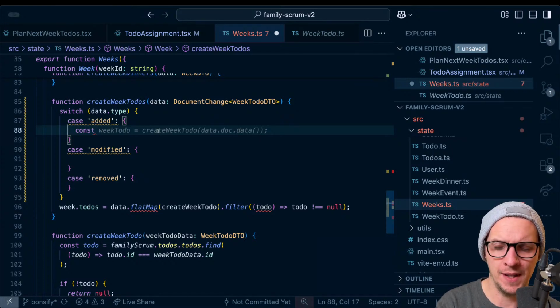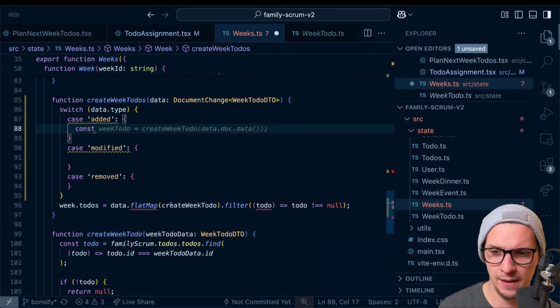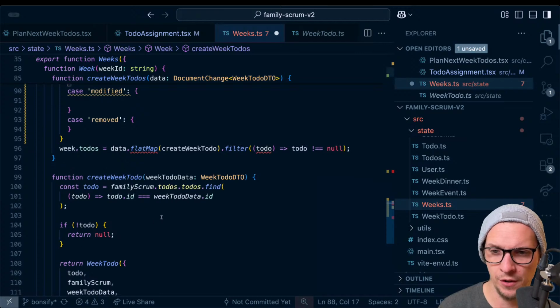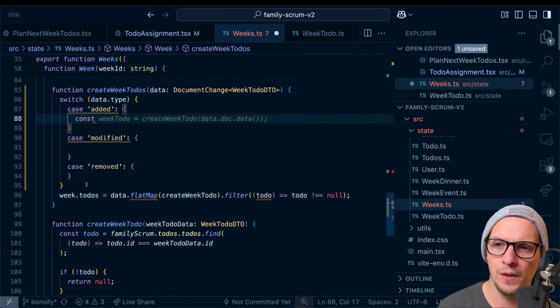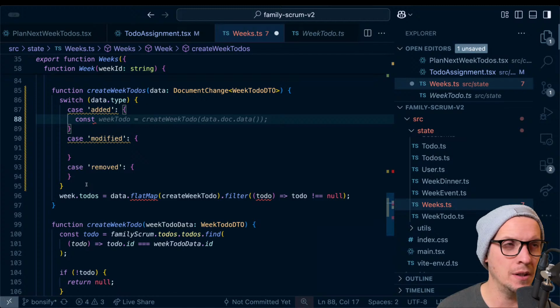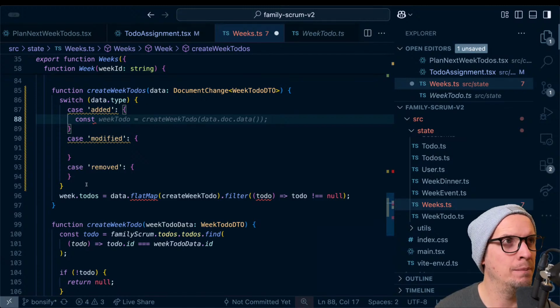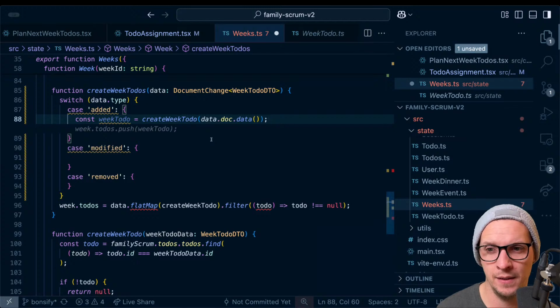But I guess this already had an issue. Yeah, this already had an issue. Like I was just returning null if I couldn't find the to-do. So it already had like a race condition there. So I guess the thing I should really do here, okay, we're gonna assume that the data is actually